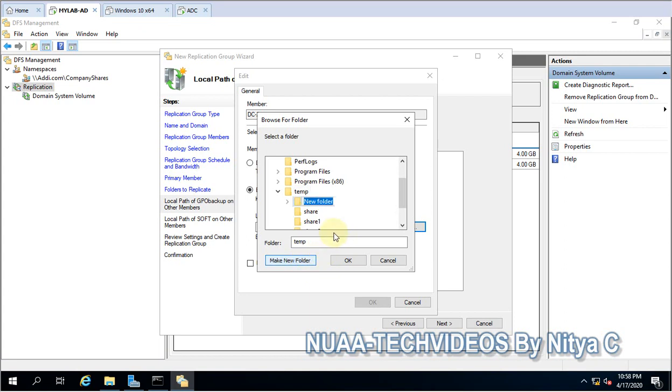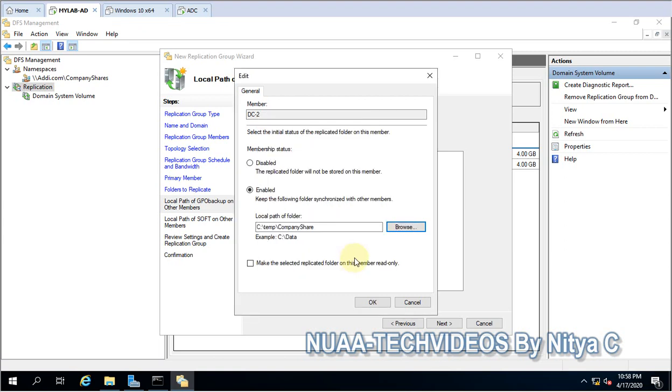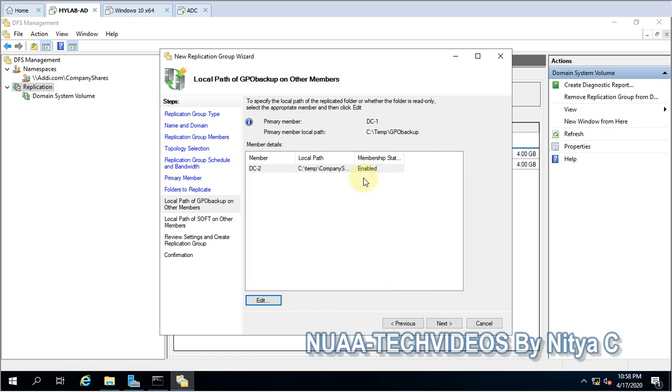Let me create a new folder, company shares. Okay, so this is enabled. This is basically the DC2 location where the share will replicate.